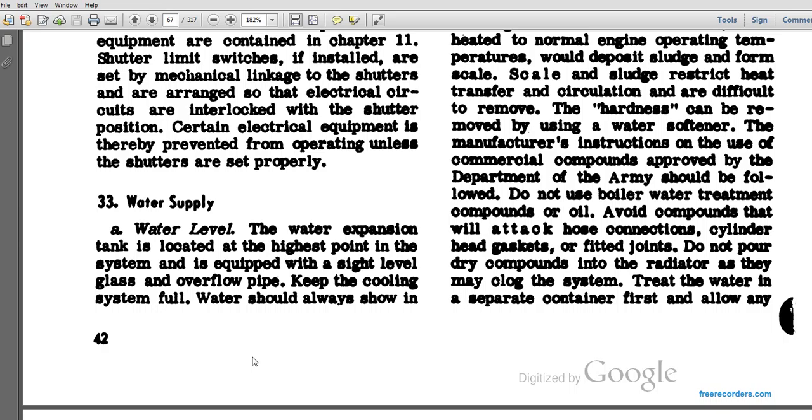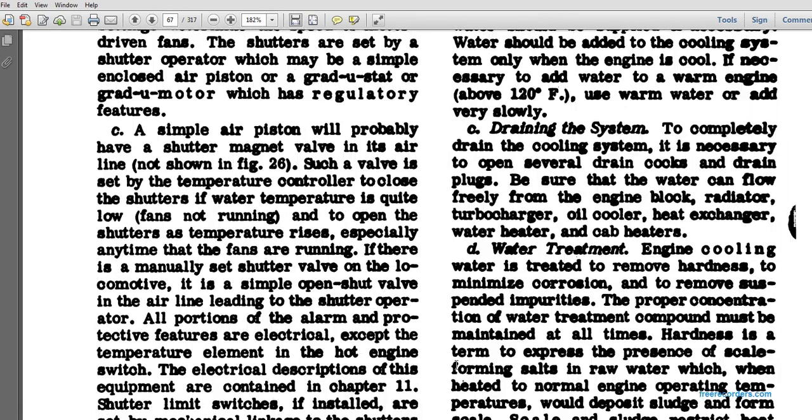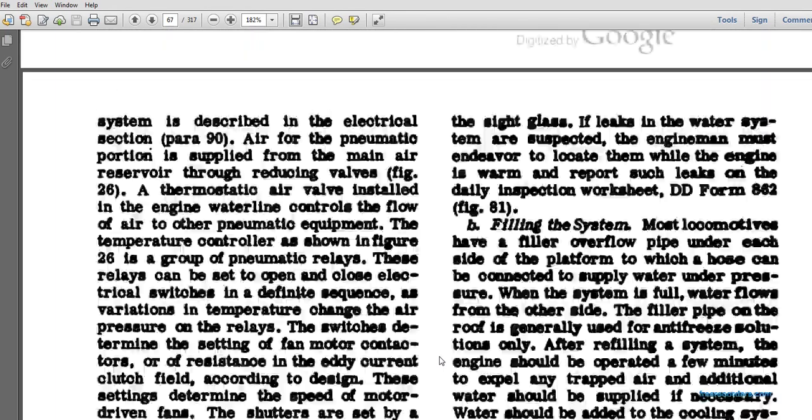33. The water supply. The water level expansion tank, located in the highest position of the system, is equipped with the sight level glass overflow, keeping the system full. Water should always show in the glass, and leaks of the water system or suspected engine must be endeavored to locate while the engine is warm. Report such leaks on the daily inspection worksheet, the Department of Defense Form 862,